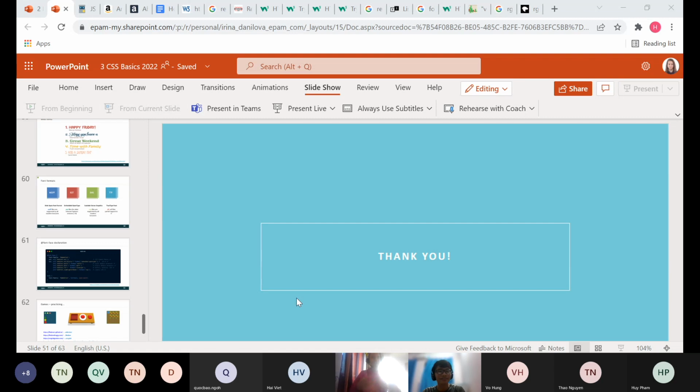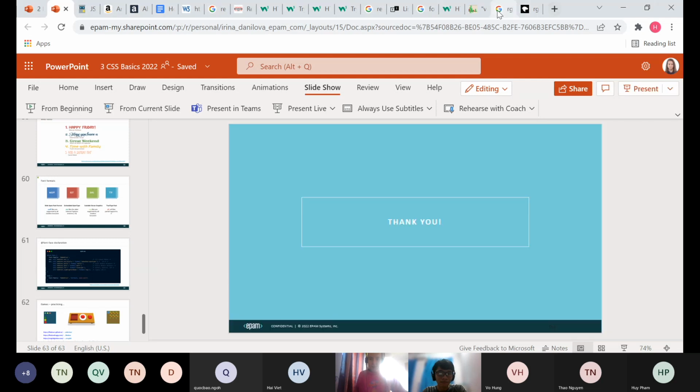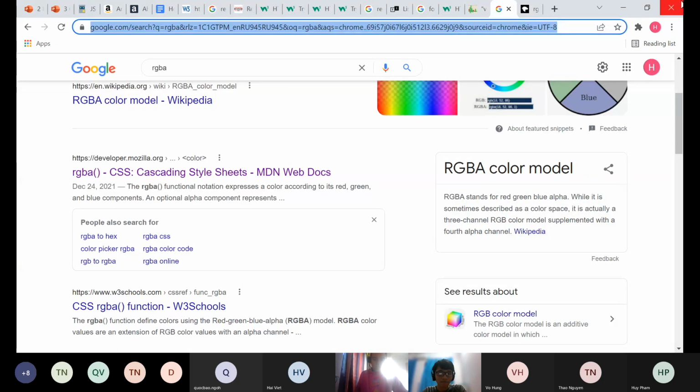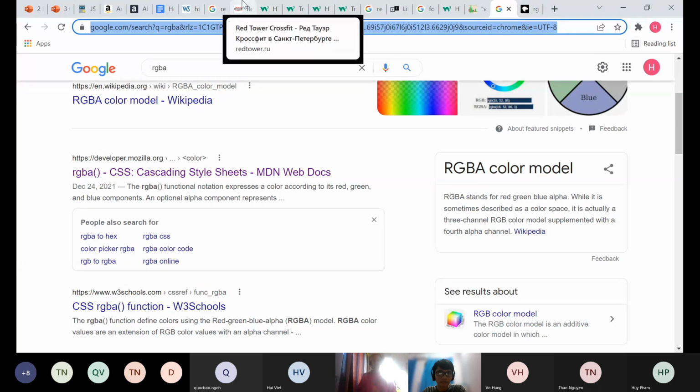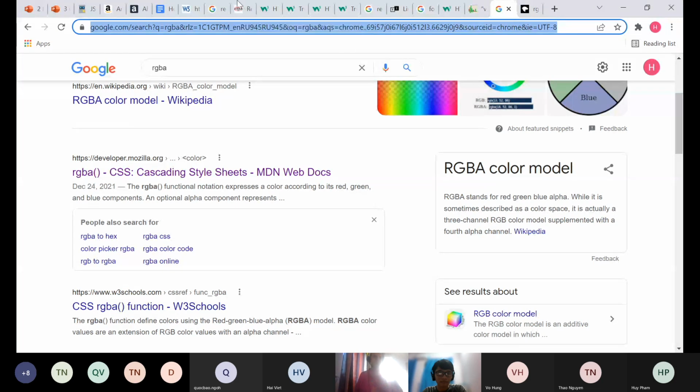Could you please give an example? For instance, I want to make the text uppercase, but I don't know what property I'm going to use for that case, so I need to Google it. How do you search for that? You can use the MDN, like I sent in the previous presentation, where you have links to all